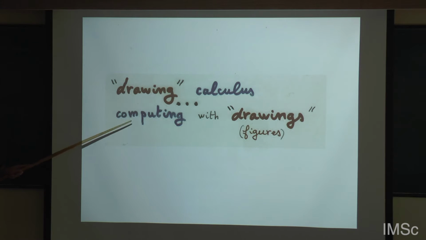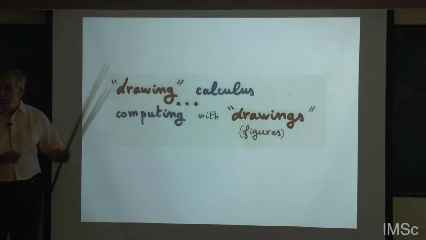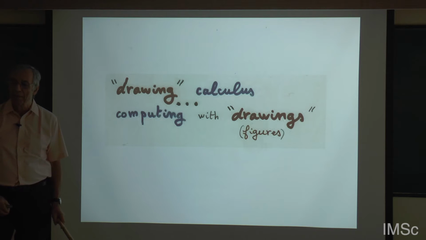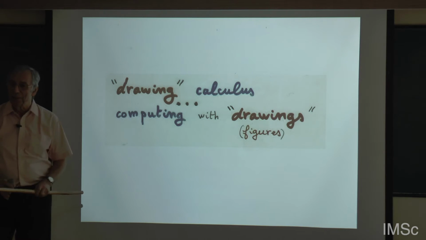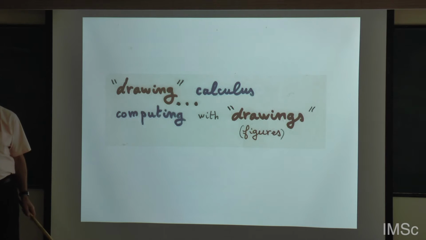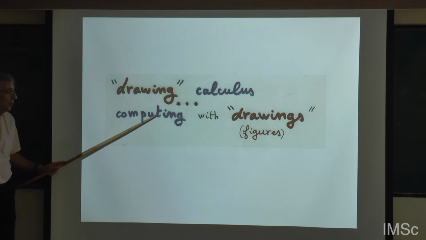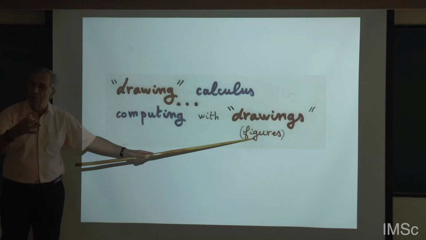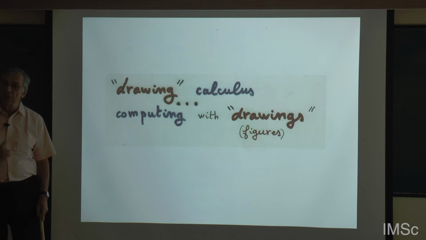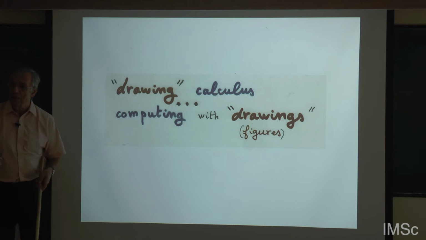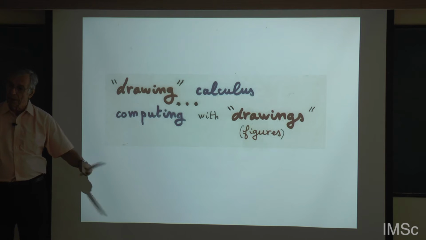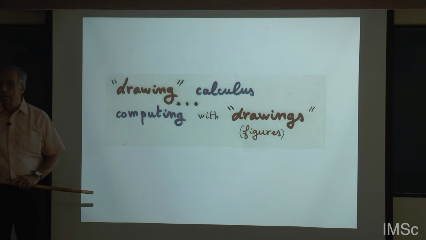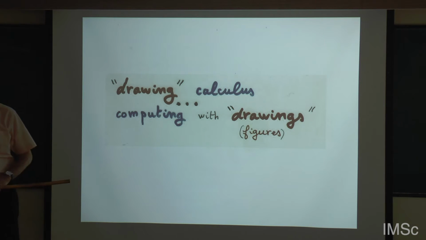So the philosophy is that we are drawing calculus. There is some big identity. Each part of the identity is going to be translated into a picture or a combinatorial object, and then we work at the level of combinatorial objects. And conversely, if you are computing with drawings, meaning combinatorial objects, and we have defined the sequence of objects, the sum of objects, you can even define the derivative of a combinatorial object, the integral, all this. The classical analytic calculus can be lifted to the level of combinatorial objects. We can define the integral of a tree or an object, etc. We can define the derivative, etc.